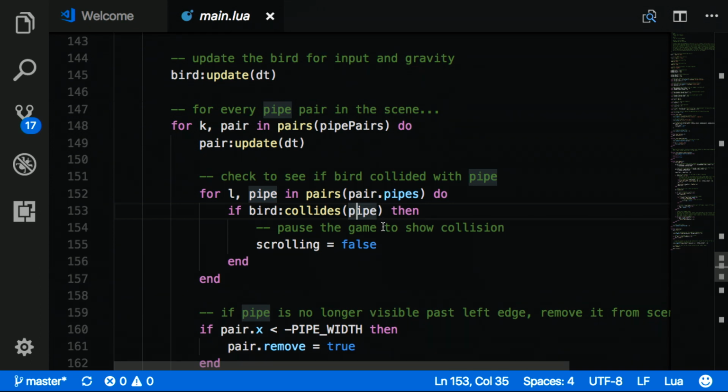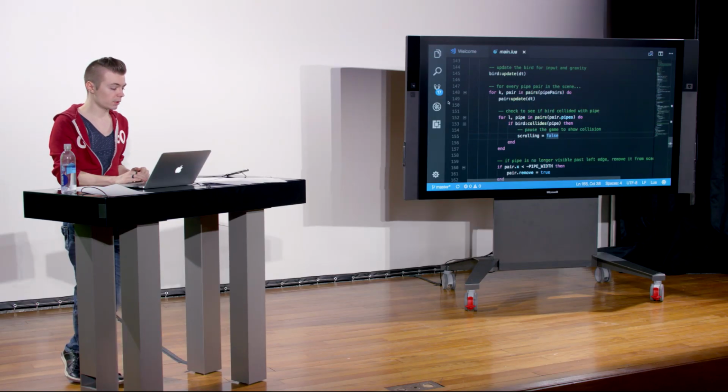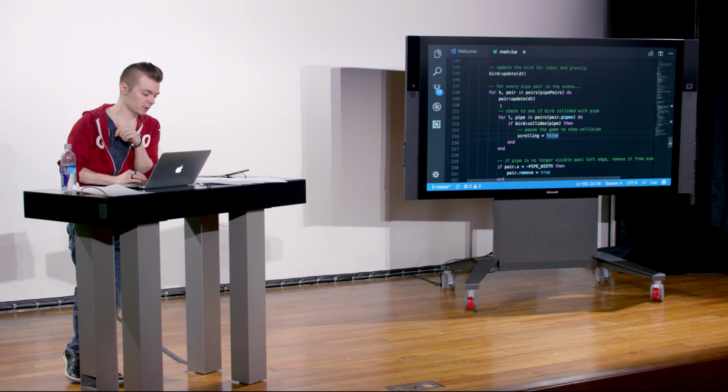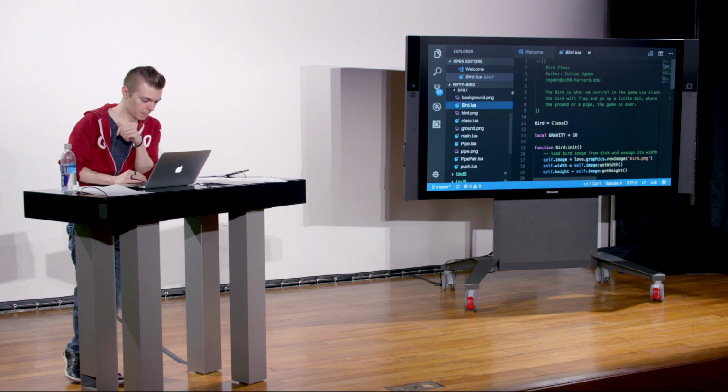This is going to return a true or false value. If we collide, we set scrolling to false. Update logic is going to get shut off completely, so we're going to have the effect of pausing the game. We're going to go into bird.lua right now and actually see how we implement this. It's going to look very familiar to what we did last week. So in bird.lua,